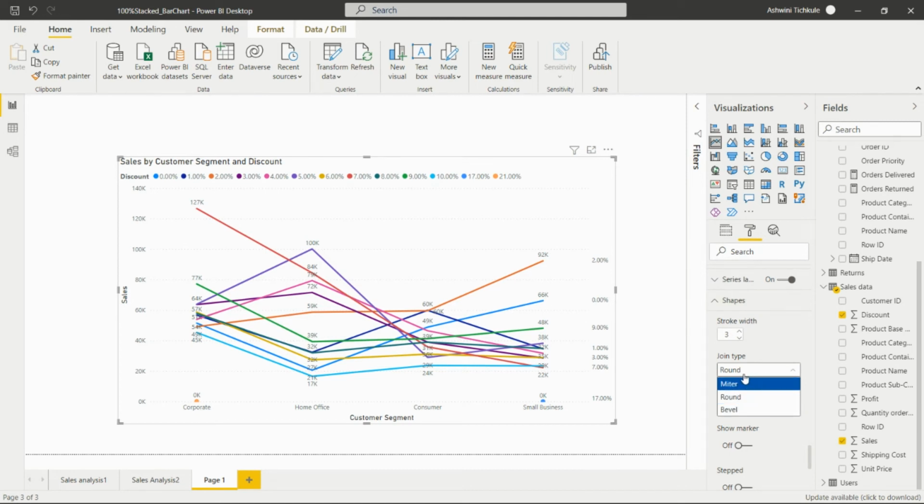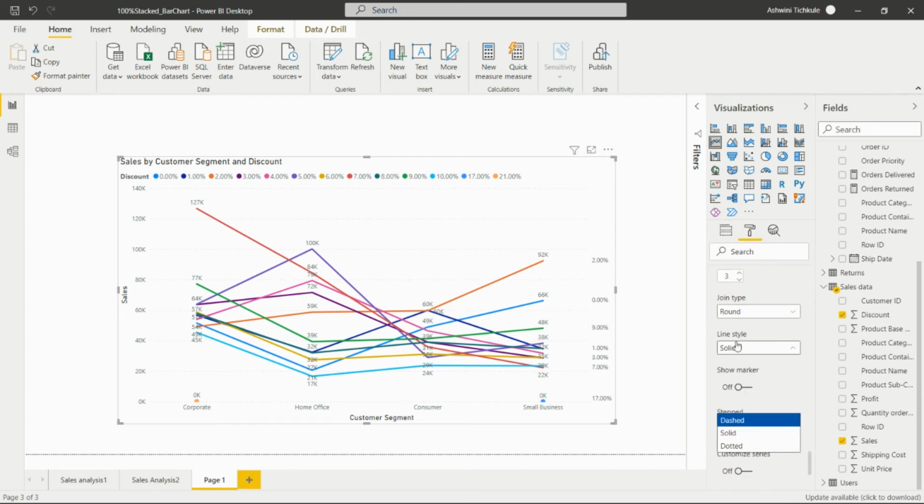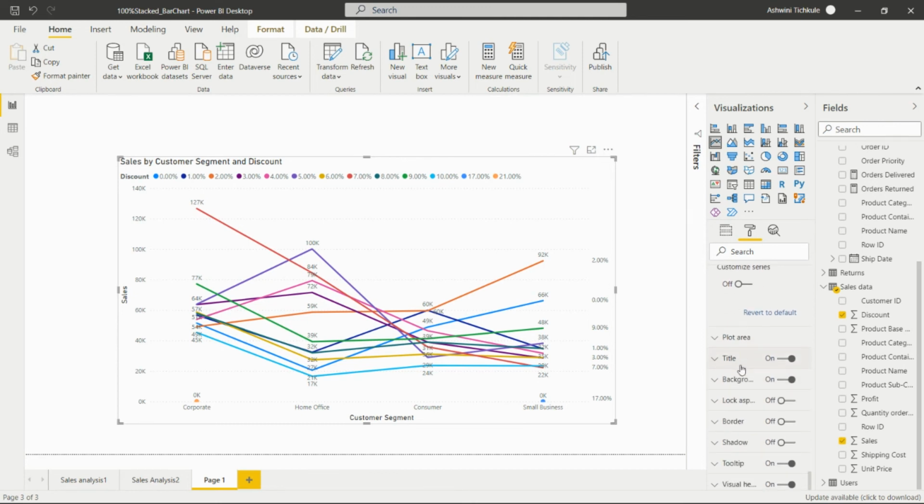So we can set the join types: miter, round, and bevel. Okay, we can set the line style from here, whatever we want: solid line, dashed line, or dotted line.